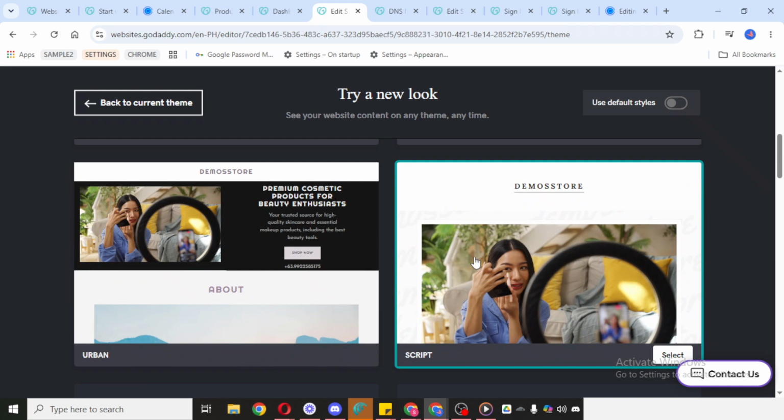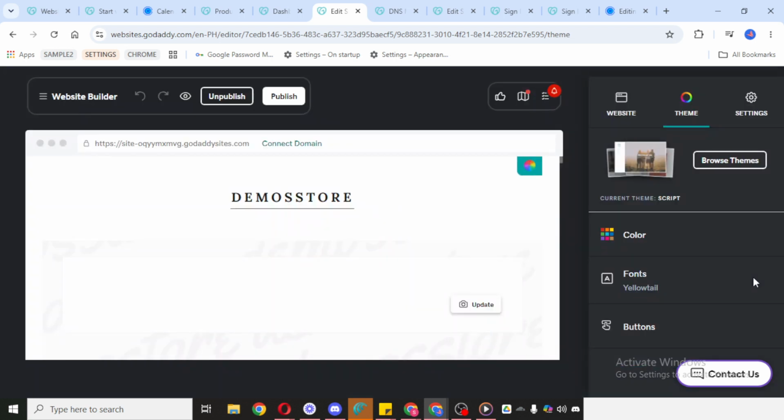appealing. Once you've selected the design you prefer, go ahead and customize your fonts and other design settings. This is where you can fine-tune the appearance so it feels more polished and consistent. Choose fonts that are easy to read and try to keep your design choices aligned across the whole site for a more professional result. When you're happy with the changes, click Publish. This will make your updated design live on your website, so visitors can see the new look.